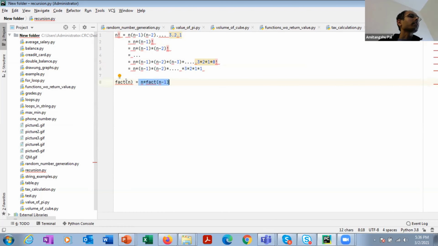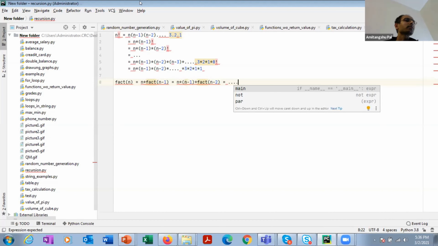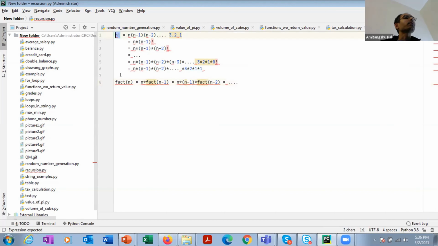Suppose fact is the function that is taking n and returning the factorial of n. So factorial of n is calling factorial of n minus 1, which is calling factorial of n minus 2, and in this way this process is going on. Okay, so I can basically write the same thing in the form of a function, and that's why this is a recursive function. Recursive function is a function that calls itself.